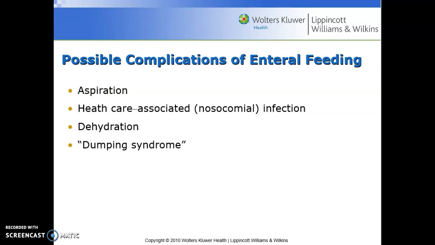And again, we've talked about this, the possible complications of enteral feedings: aspiration, them sucking something back into their lungs, and healthcare-associated infections like nosocomial infections and HAI, because we're running the risk of compromising their skin integrity. And if we have a PEG tube placed, then we're going directly through the skin, so that's a port of entry for infection. Dehydration, they may not be getting enough water, so we need to report any changes of urinary output, and if we notice their mucous membranes are becoming dry, we need to report this to the nurse, because